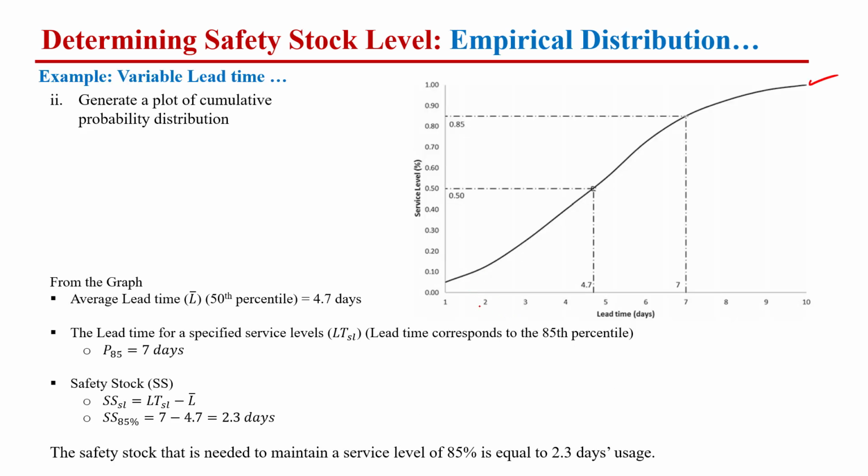So against the 85%, what's the lead time? That is 7 days. Against 85%, we have a 7 days lead time. And then in order to calculate the safety stock, the average is 4.7 days. So that means 7 minus 4.7, which is 2.3 days. So the safety stock that should be maintained to reach the service level of 85% should be equal to 2.3